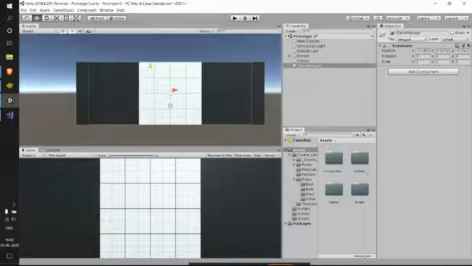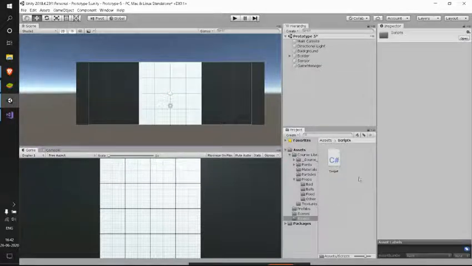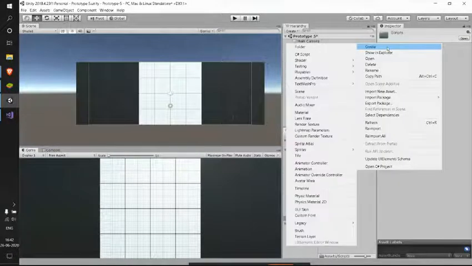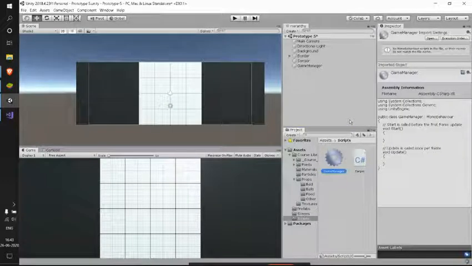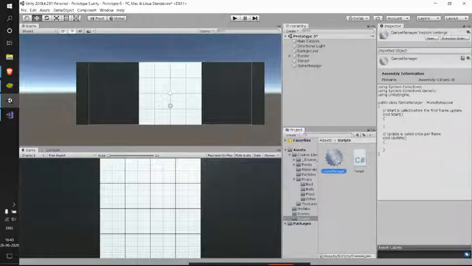So let's come to script and create a new C# script named game manager. And in here, see, immediately instead of having this C# icon, we have got this settings icon. Unity gives us these things handy where it differentiates them well.